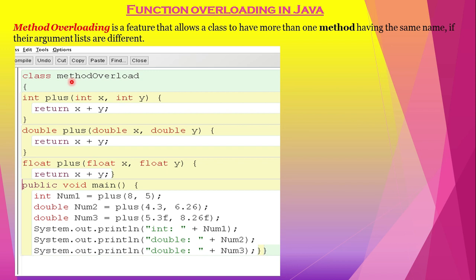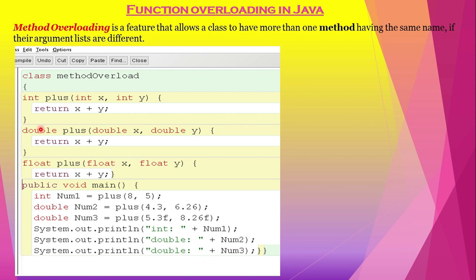See this, my class. Now these are three methods, very simple methods. Int, integer type return, plus is the method name, two arguments of integer type. Return x plus y means I am adding these two values and returning. That's why integer return. Now let us look into the next method. Double type return, plus is the name of the function. See, plus here, two double type arguments. Return x plus y. I am adding these two, x and y, and returning the value.